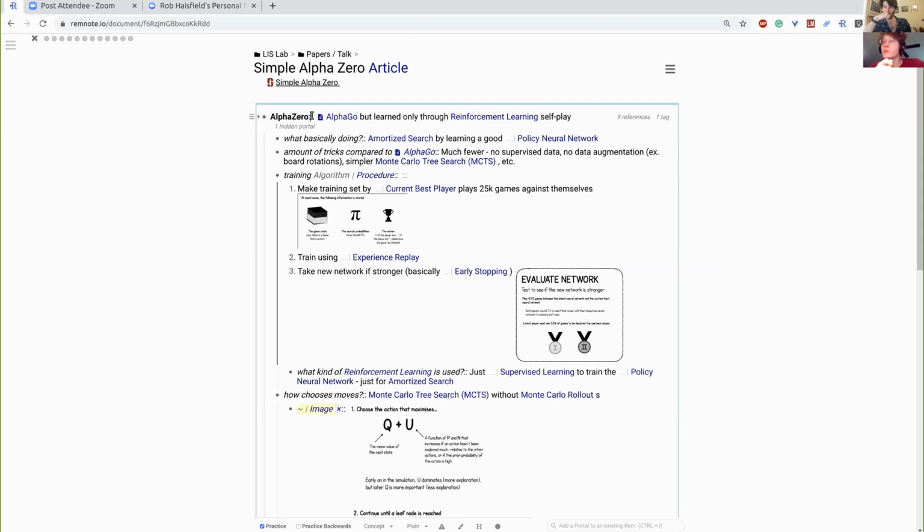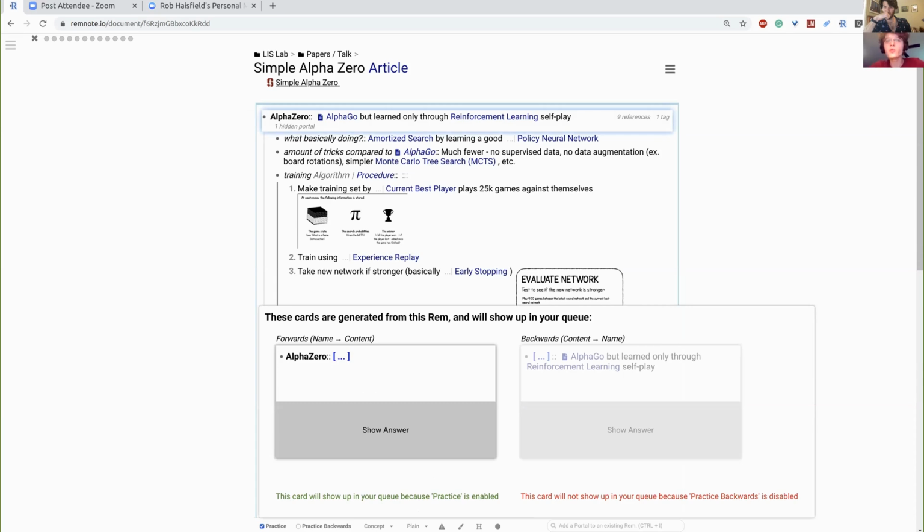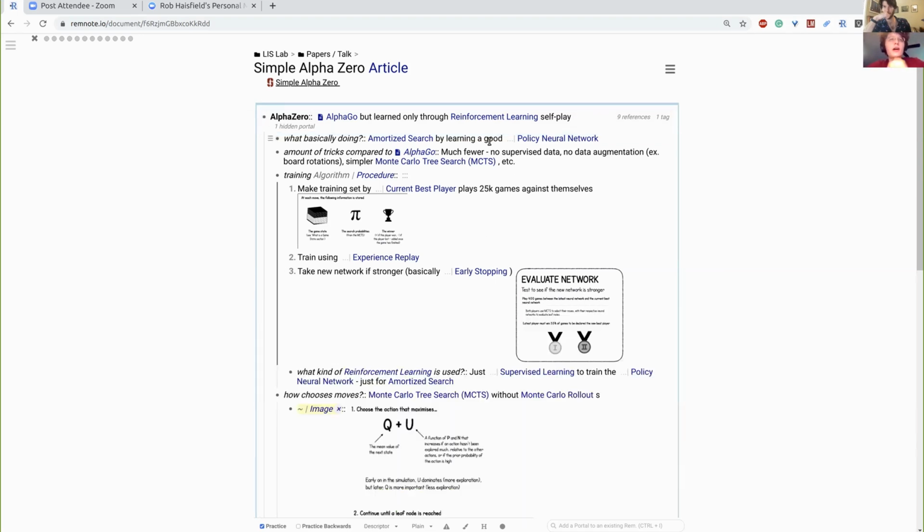So every so often while I'm practicing, I'll have this prompt of what is the sort of canonical way that, when you hear the word AlphaZero, what do you immediately want to think about? And for me, I decided that I wanted to have this connection of both AlphaZero and self-play. And then all these little questions below are breaking down that idea so that if I'm ever wondering, for example,